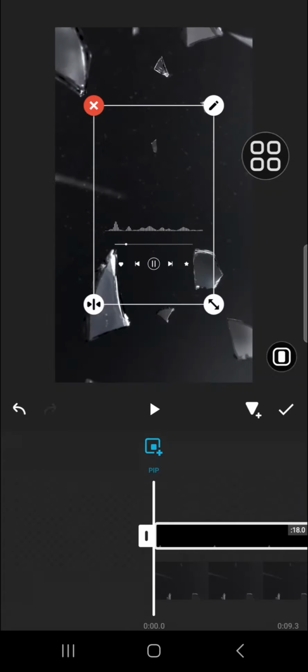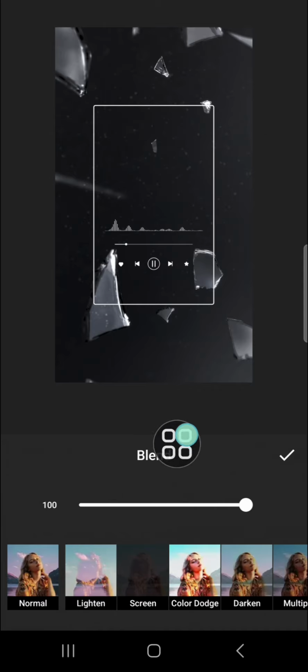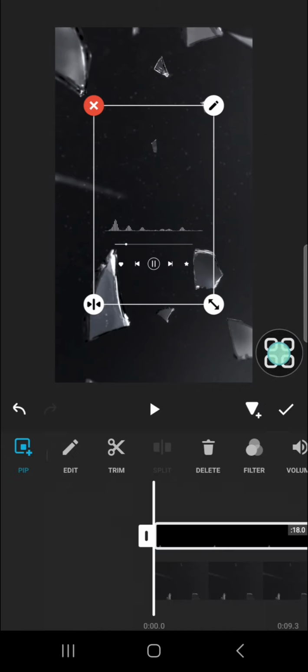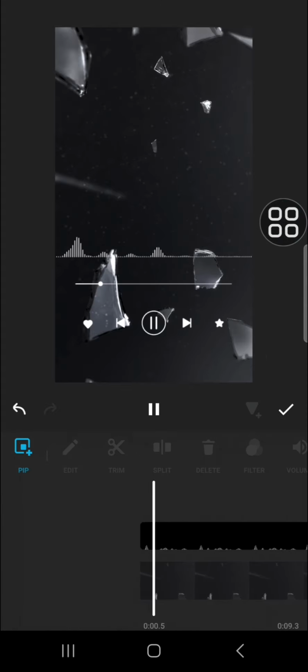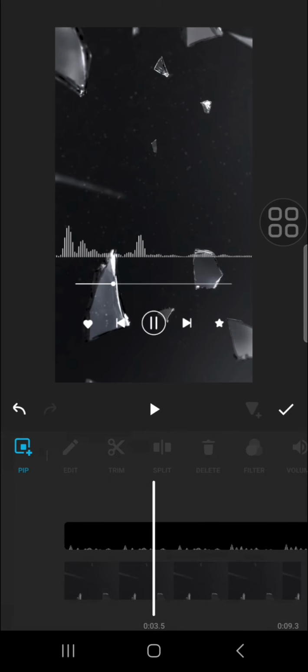I'm going to add it to my InShot, and we have to blend it. Okay, and I'm going to click on this autofill to fit the screen. Okay, now the audio spectrum has been added to my project, and then I'm going to add another spectrum effect